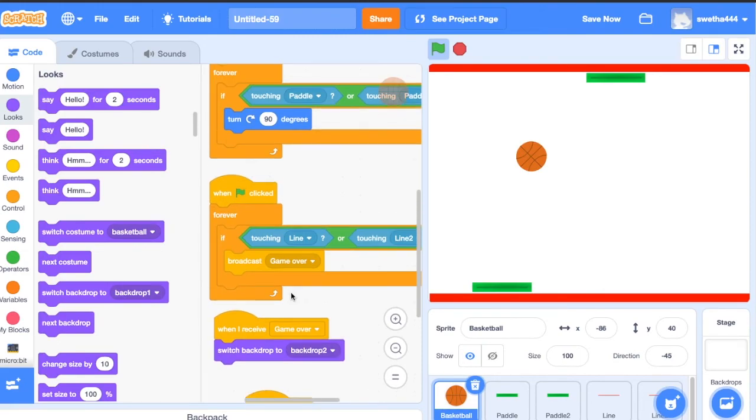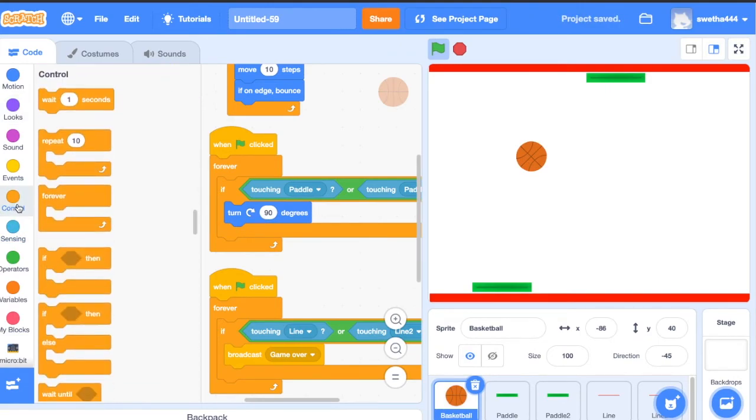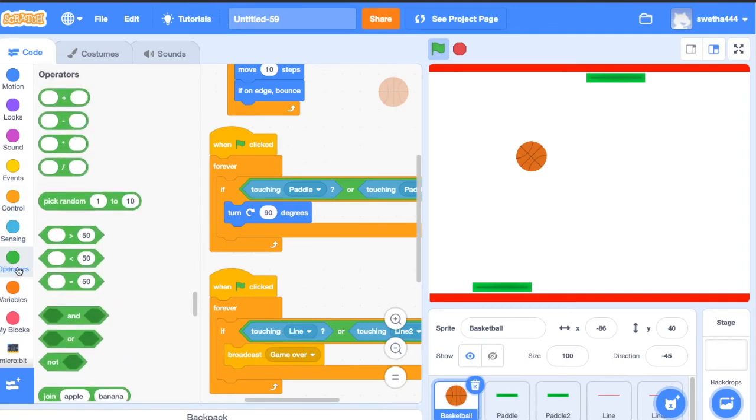Okay, fine. Here, whenever the ball touches the paddle, the ball turns 90 degrees. To make it more interactive, let's click on operators and drag pick random so that the ball moves in different angles.